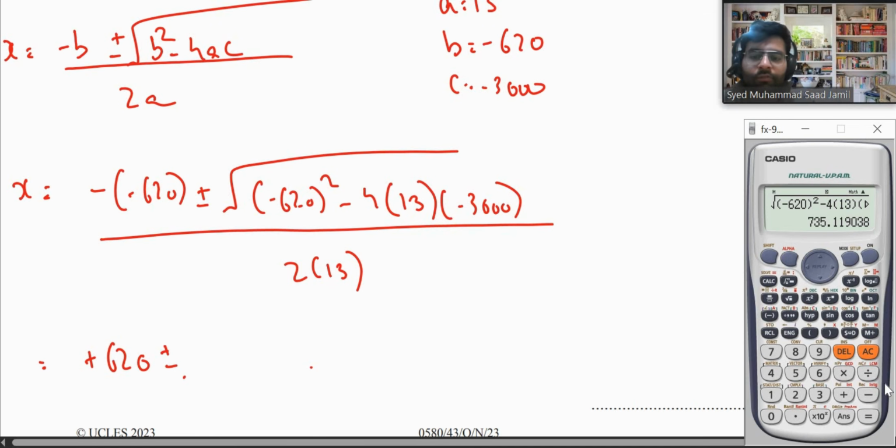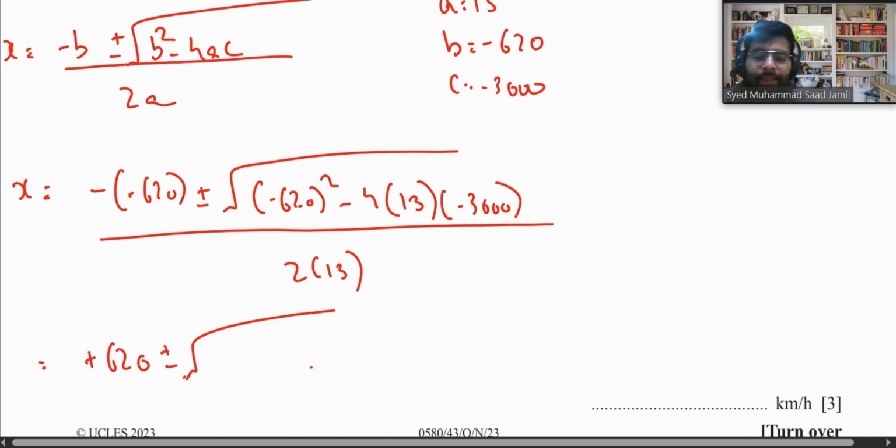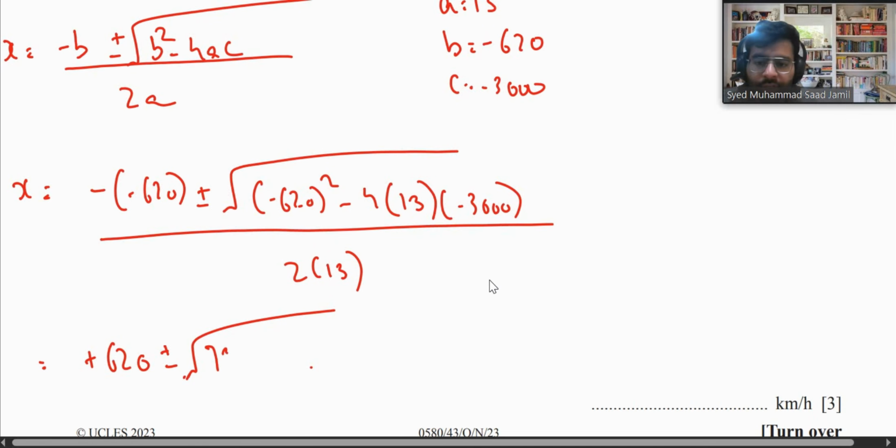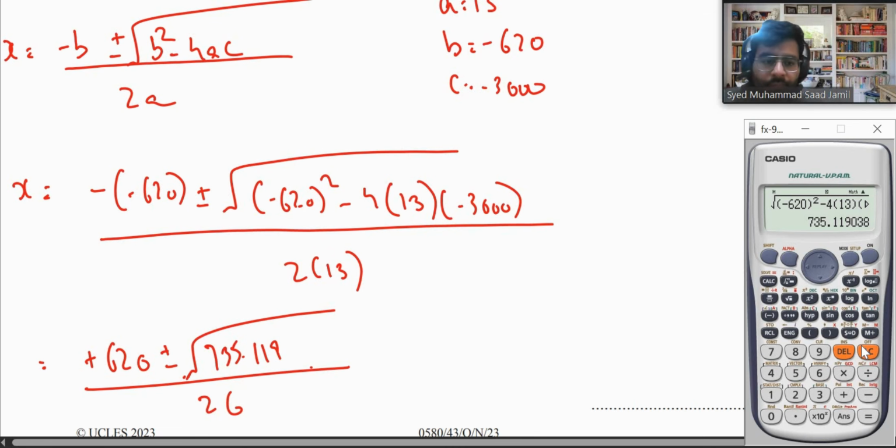So it's 735 plus minus under root 735.119 upon 26. Okay, so I'll just use 620 plus under root, what was it, 730, wait a minute, I forgot what I wrote. 735, my handwriting is so bad, even I did not understand. So 620 plus under root 735.119 upon 26. So the first answer is